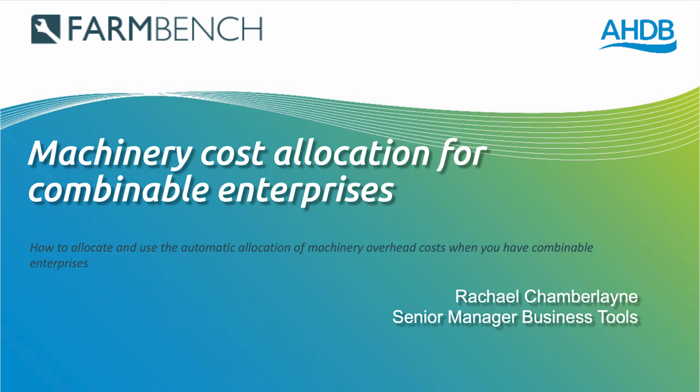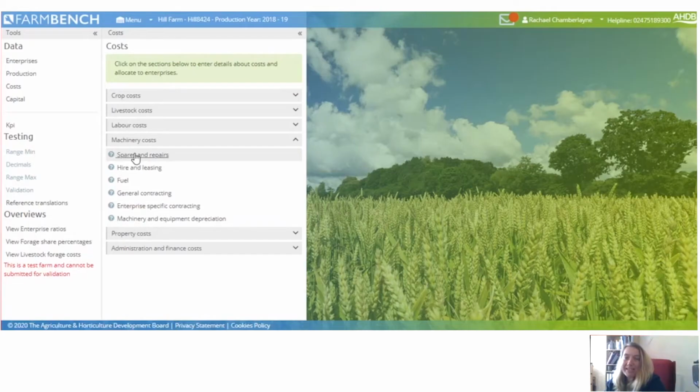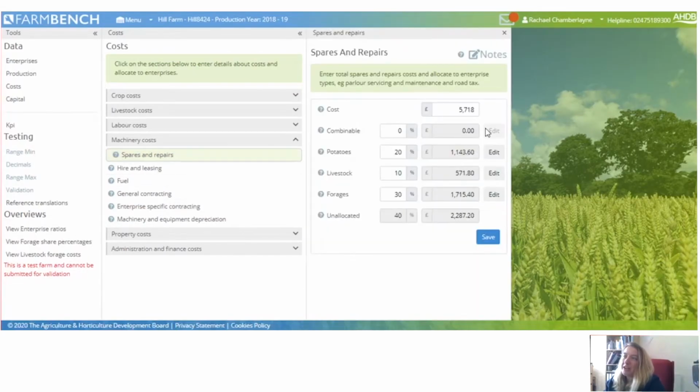We're going to go through the allocation of machinery cost for combinable crops. And in this instance, we are going to use spares and repairs as the example, but this could be used across most of the machinery costs. We've started by putting the total costs for the business into this top box,